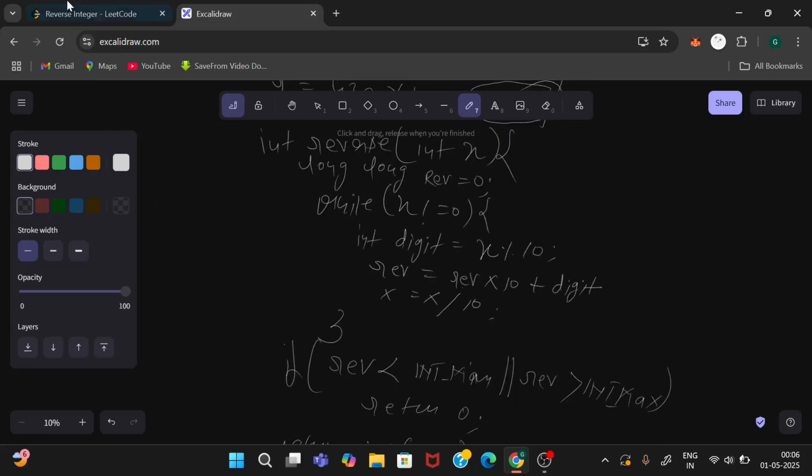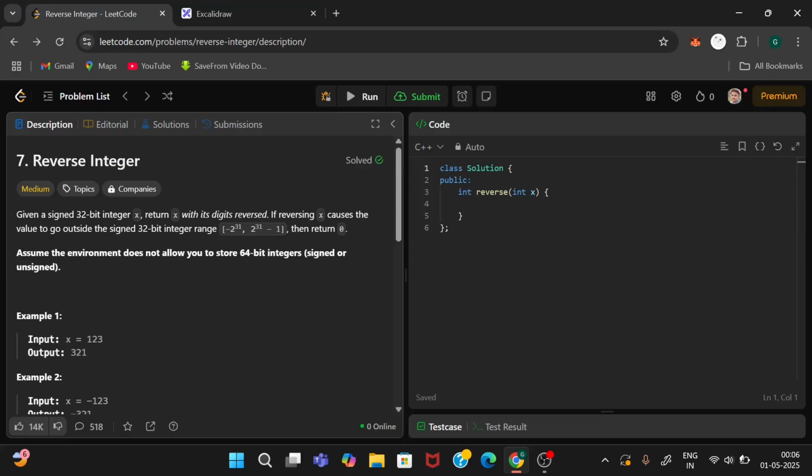Let's implement it in LeetCode and check it. So we are going to take a long variable rev with initial value 0, and use a while loop as we have done, till x is not equal to 0.